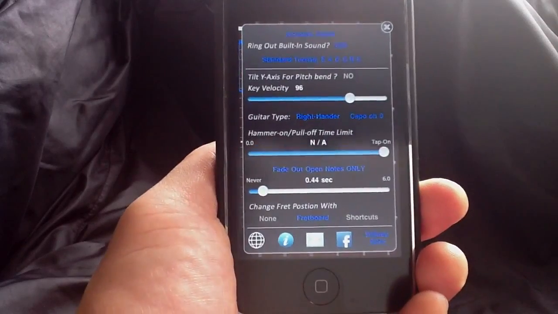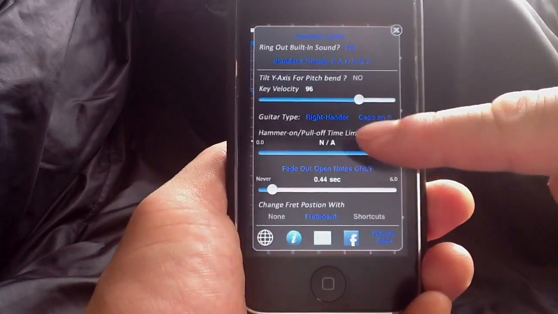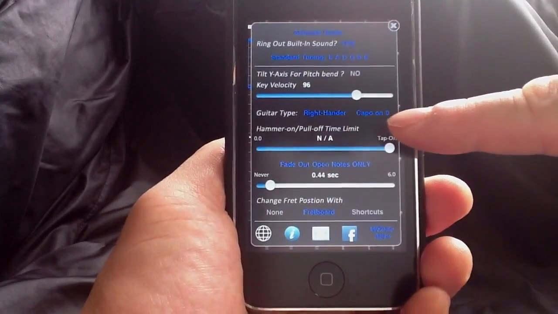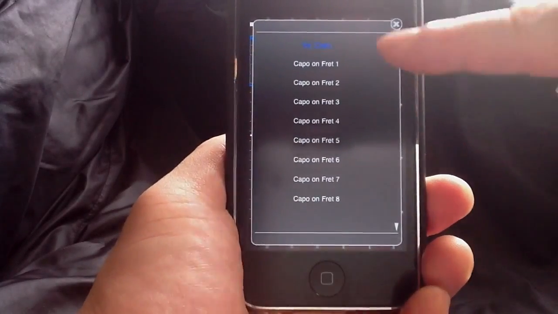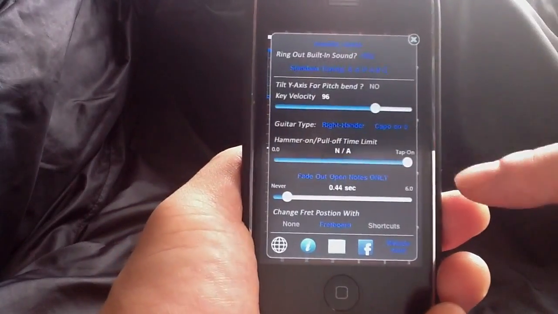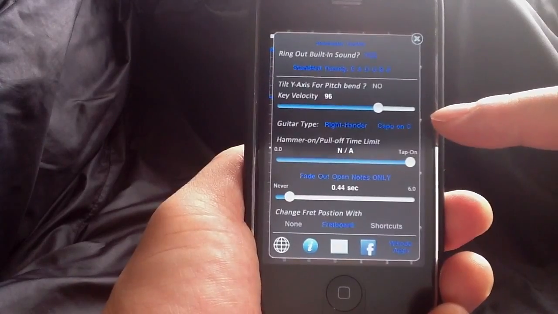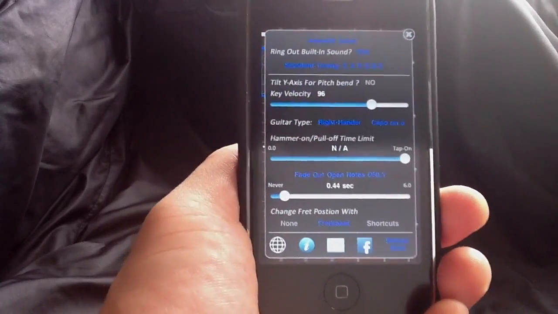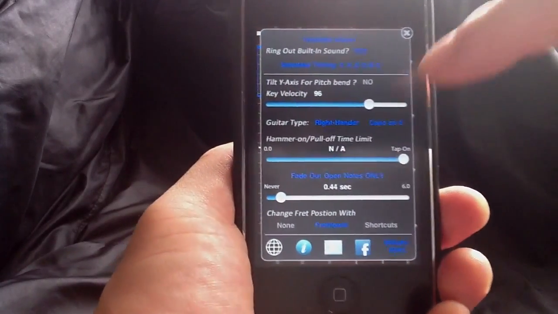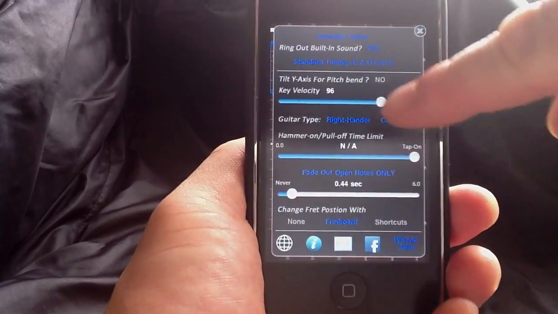Okay, so let's shake it again to look at other settings. You can choose whether you're a right-hander or left-hander. You can apply a capo up to the 8th fret, and then you can control the key velocity. That means how hard you're hitting the strings. Okay, you can set it at a fixed value, like right now 96, or you can swipe it all the